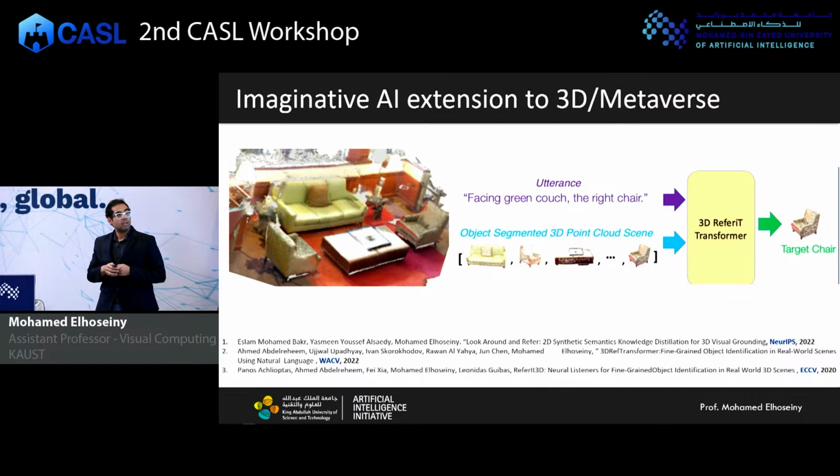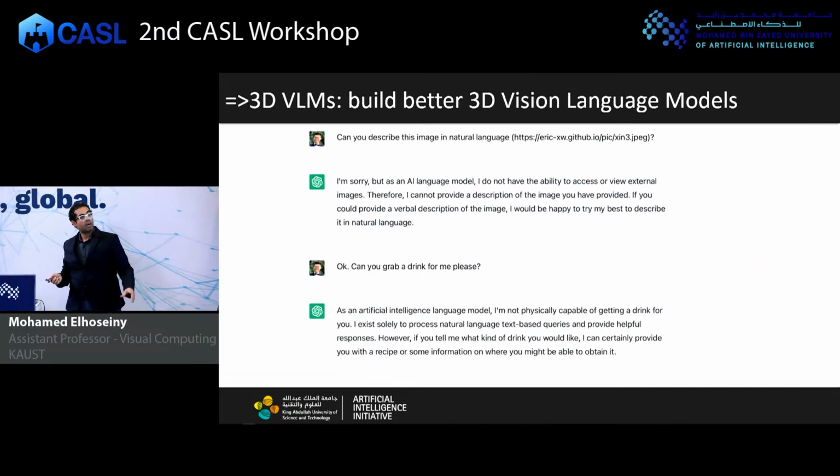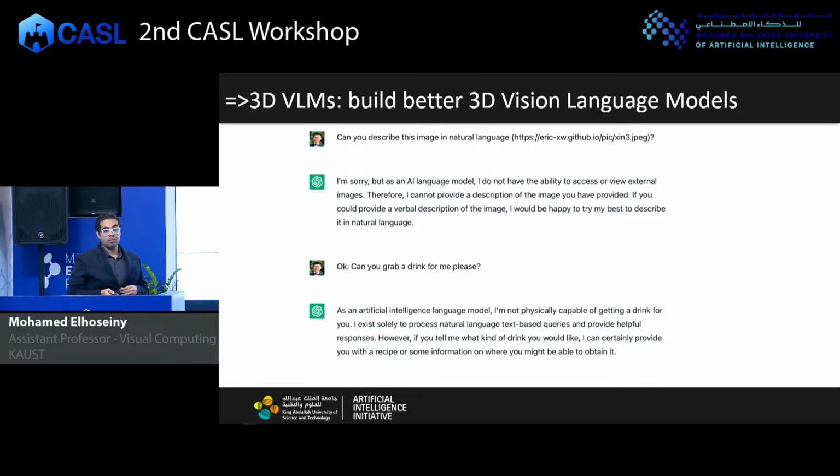And if you have that in an environment, you can then ask a robot to go pick up this cup and maybe make you a cup of coffee. So what I'm trying to bring to the table is getting back to this idea of, can you ask a language model like ChatGPT to grab you a drink, right? In order for it to grab you a drink, you need a vision language model that can understand the visual scene, localize objects based on the description, and act in an environment. I think this can be an exciting future direction for vision language models.